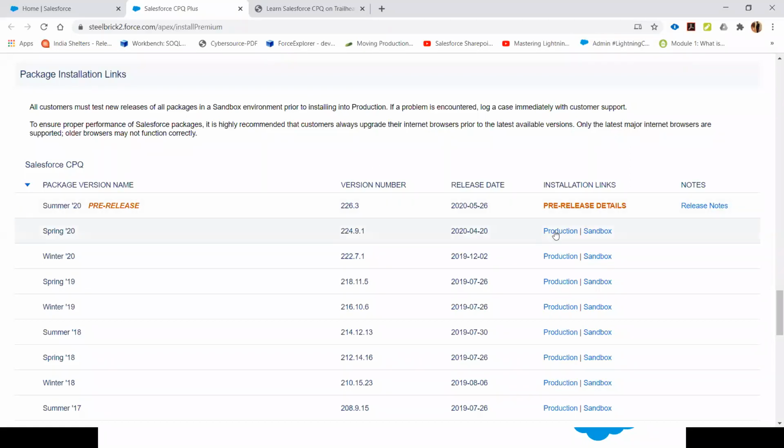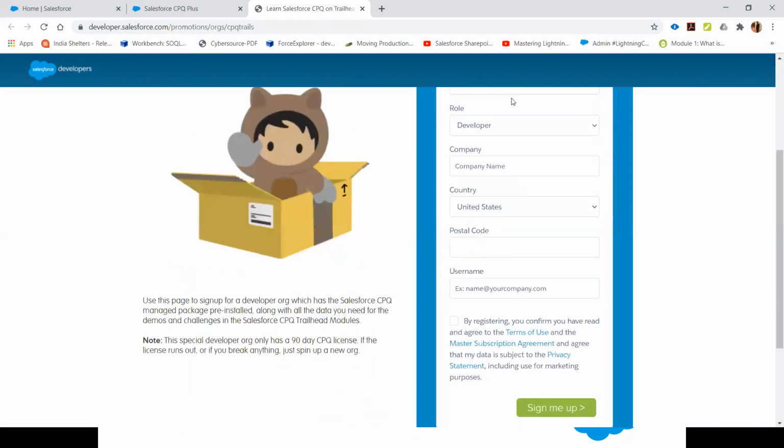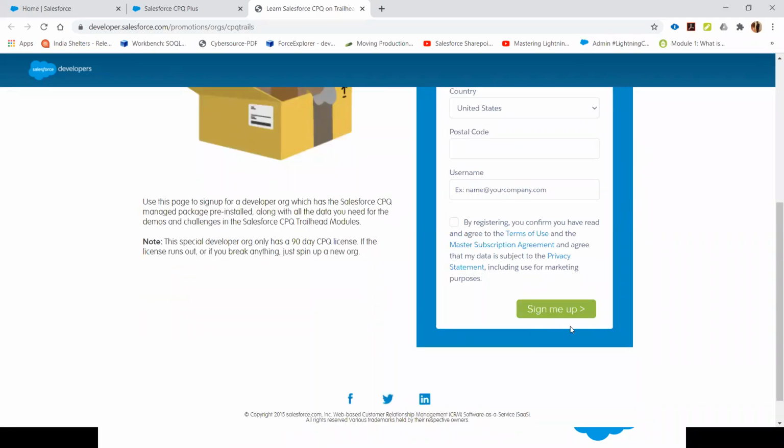So these are the links where you can go and install this in your org. But after installation, what steps are needed? If you want to go with your trial org or playground org, this is the link, developer.salesforce.com/promotions/org/CPQ trials. You have to fill in the first name, last name, and email address, and submit to sign up.